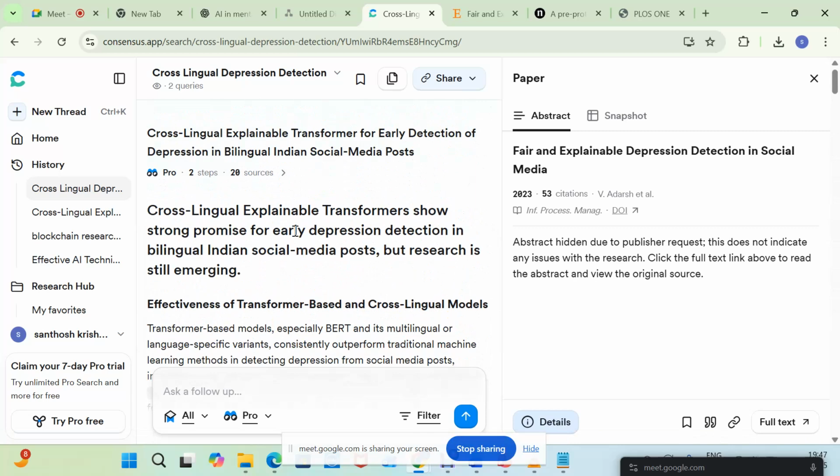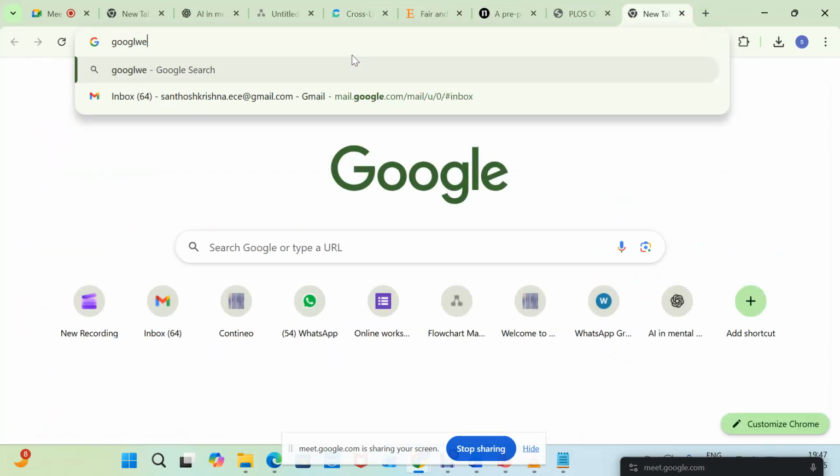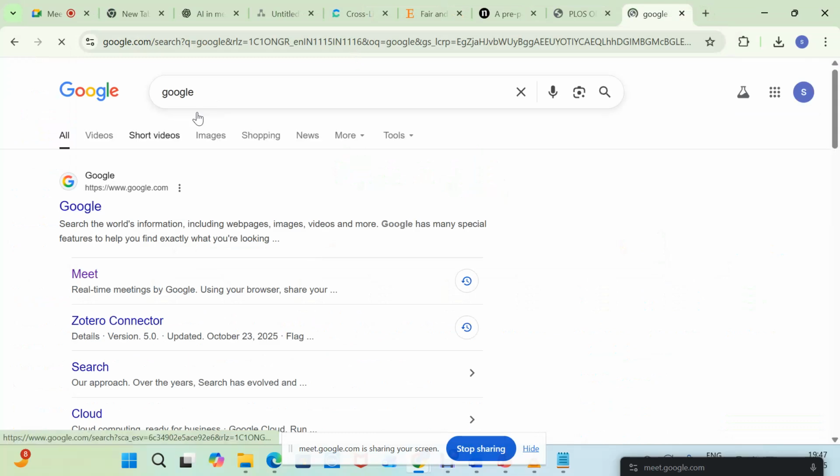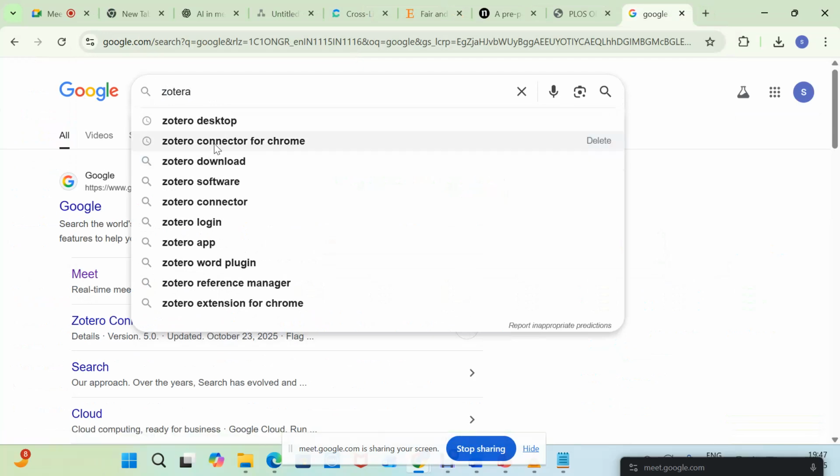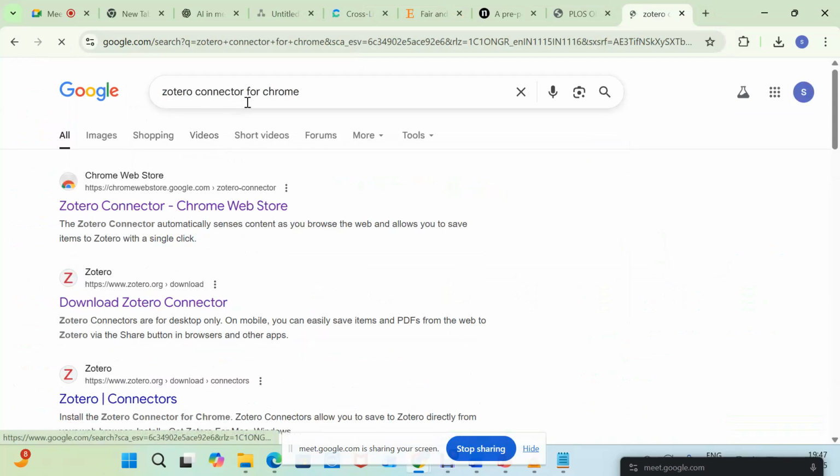Now, how to use it for Zotero? See, for Zotero it is very simple. Zotero is a reference management tool. What you need to do first is go to Google and search Zotero. Here, we first need the Zotero connector for Chrome.